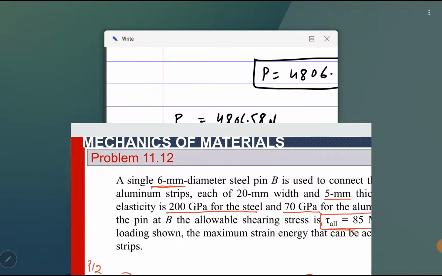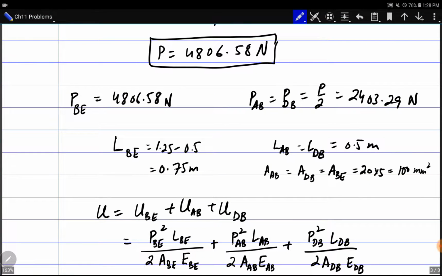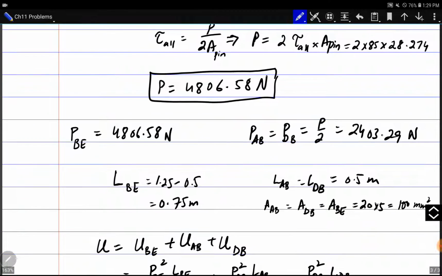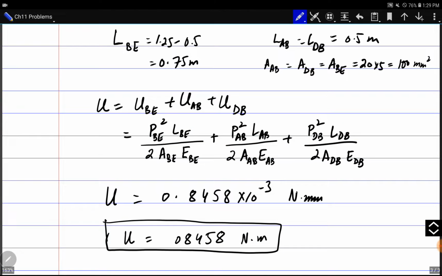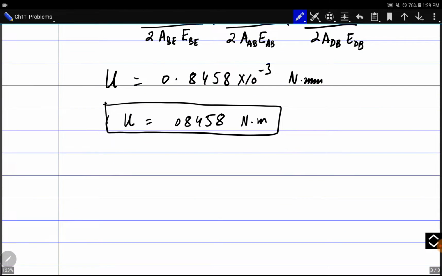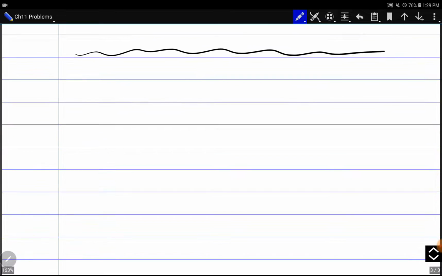So by calculating the correct lengths, area is given, actually thickness and width is given. Load, since it is under double shear, can be calculated from double shear formula. Total U can be calculated from this expression, P square L divided by 2AE. Okay, we will move further towards our next problem, which is